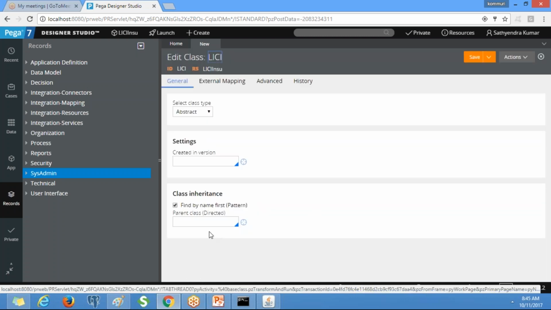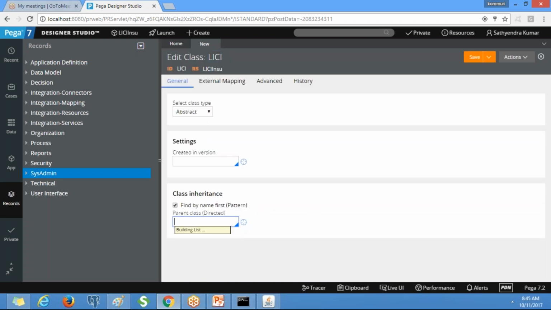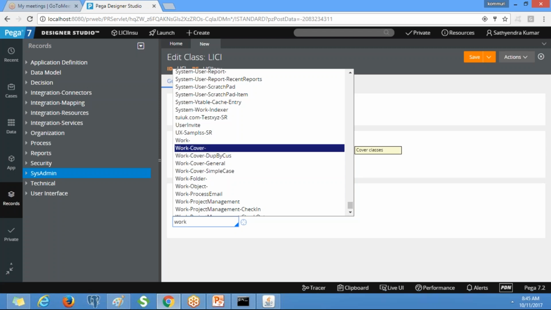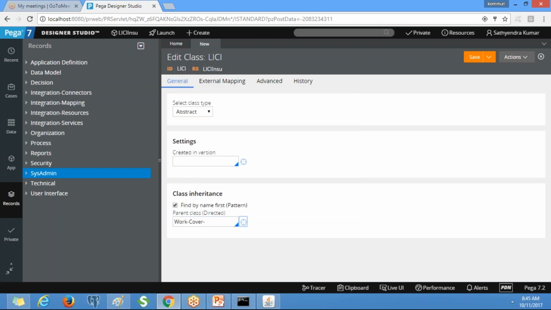The parent class here you need to select work dash or work dash covered dash. So you select work dash covered dash. I will tell you why. It will be helpful when we work on case management, which is a separate concept in PRPC.